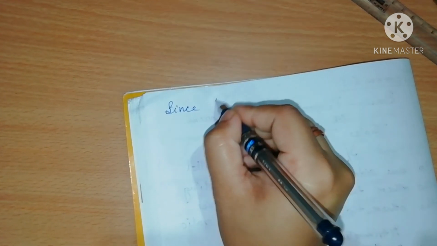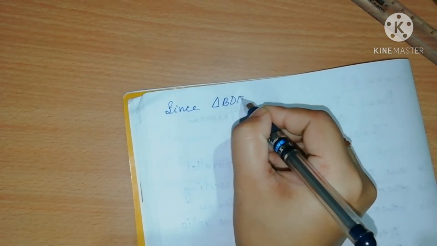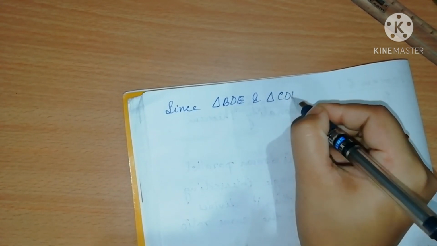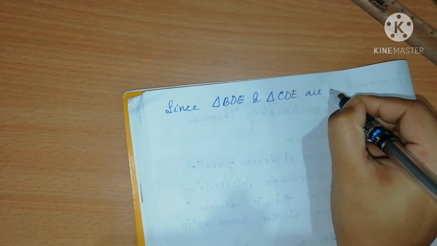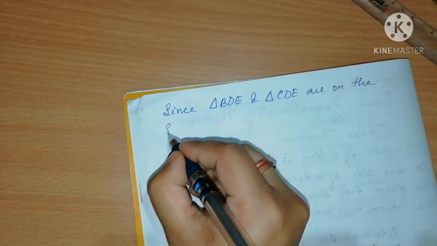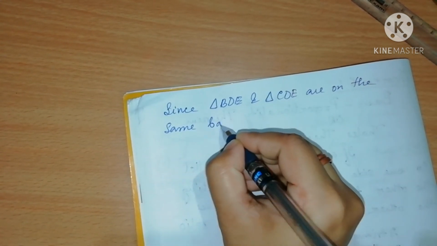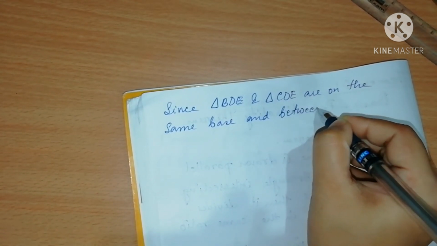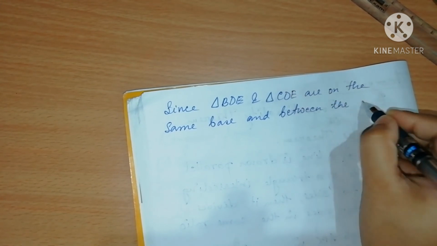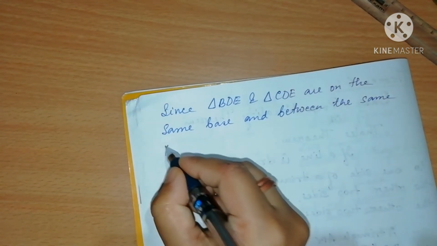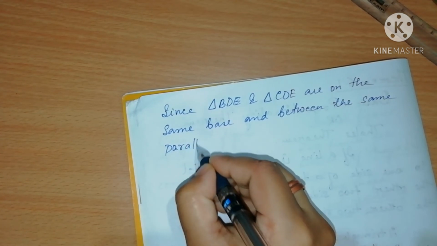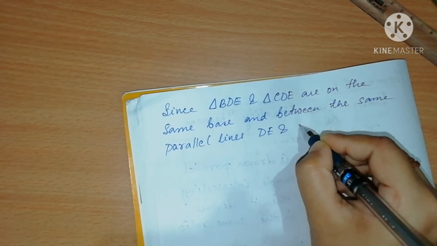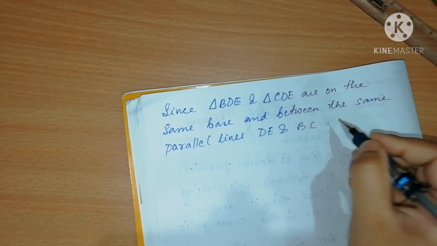Since triangle BDE and triangle CDE are on the same base and between the same parallel lines DE and BC,